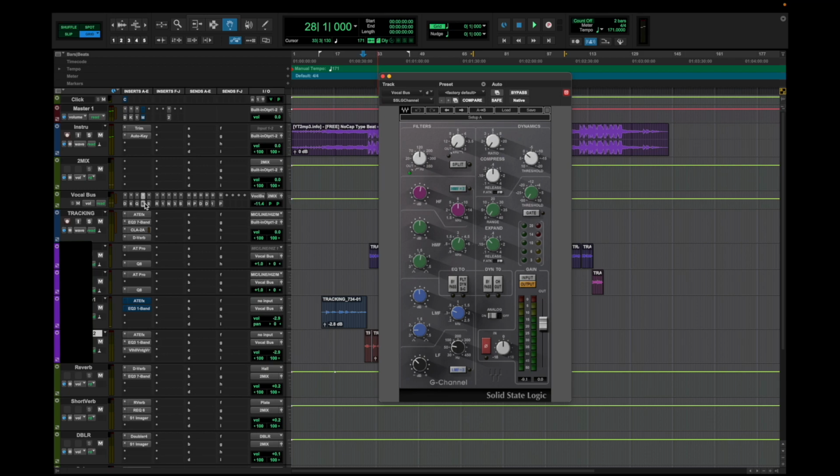Also on the chain, I have an SSL G channel plugin from Waves, which is probably one of my favorite plugins, as just changing a couple of dials really adds a lot of color and gets the vocal a lot brighter, and you can do so much with this plugin. So what I've done here, I've boosted 8 kilohertz by around 1.6 decibels just to brighten the vocal up a little bit. We've done the de-essing, and prior to this, I've done the EQ, where I took away a couple of frequencies. So I've boosted this by 1.6 just to make it a bit brighter and make the vocal pop out a bit more.